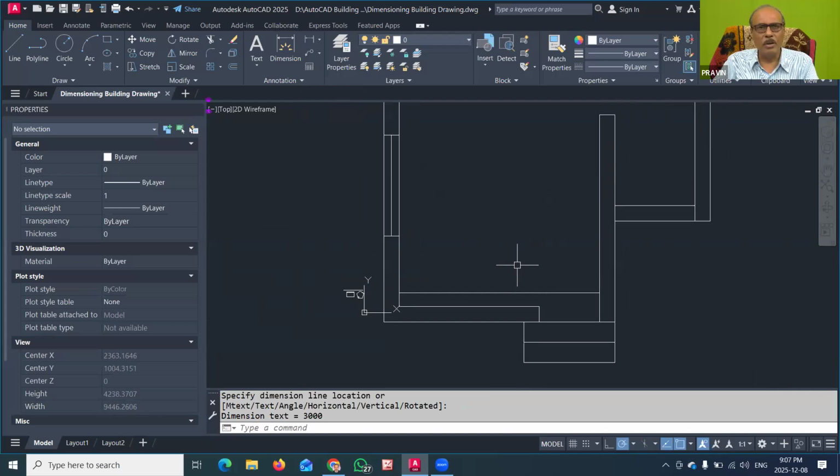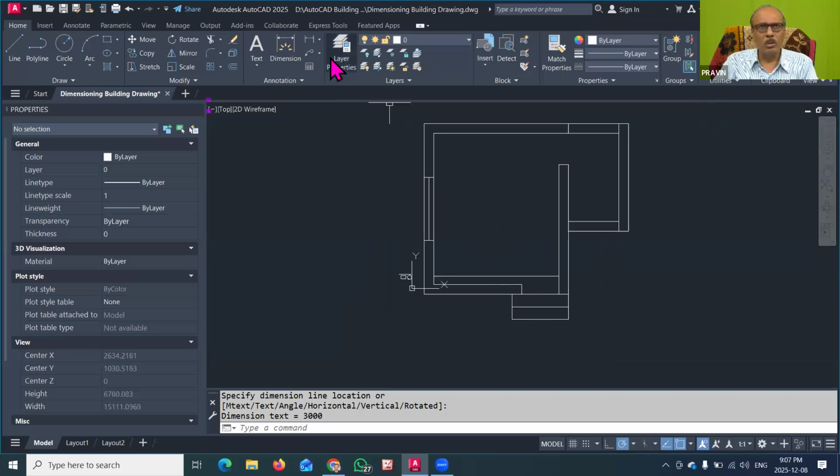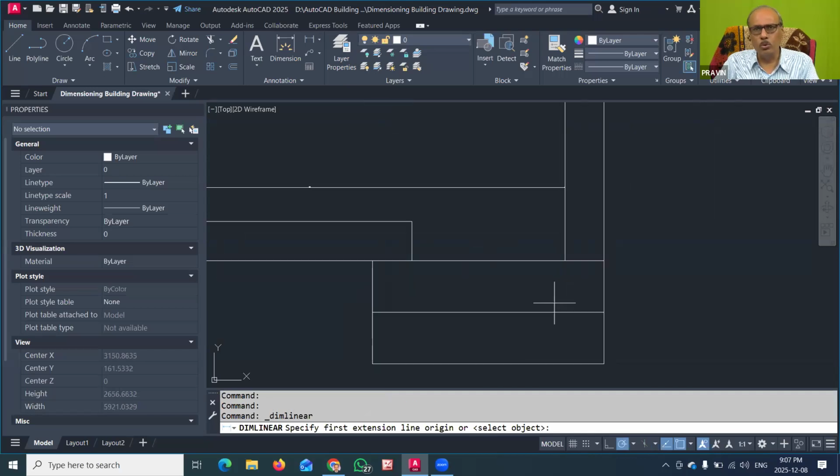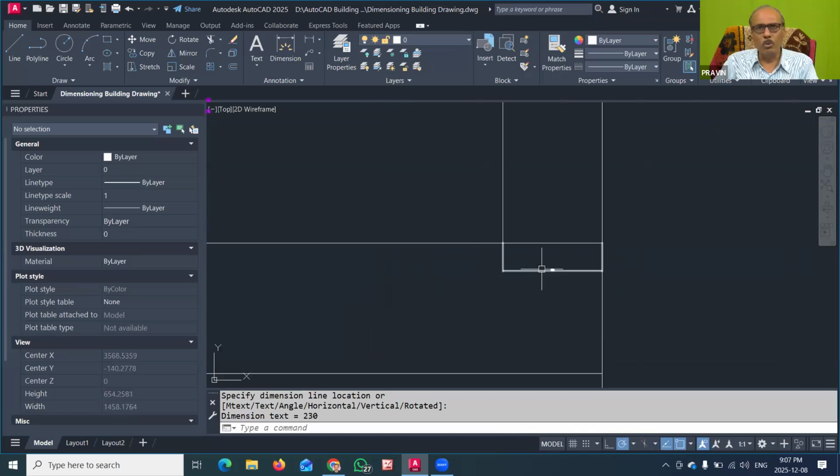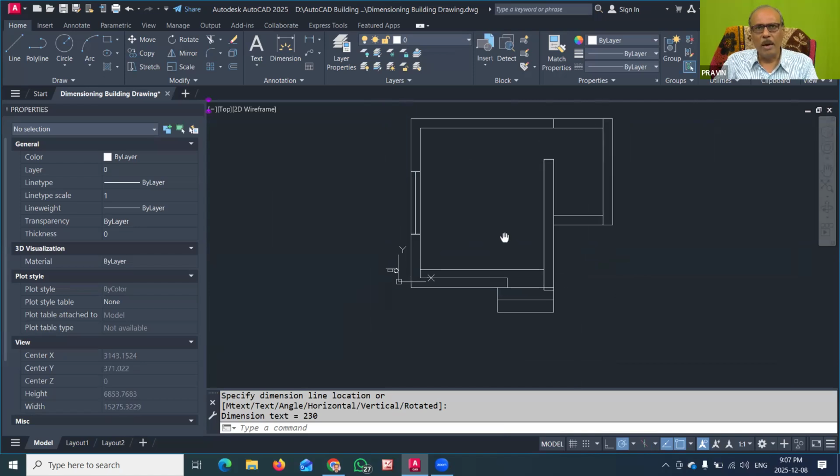That is one of the difficulties while dimensioning a building drawing: the sizes of the arrow, the text and the dimension line are not proper. Suppose I want to show the thickness of the wall. You can just check that. I show the thickness from this point to this point, and place it here. By enlarging, it shows 230 properly, but when I look at the whole plan, I cannot identify that this dimension is 230. So we have to resolve this problem.